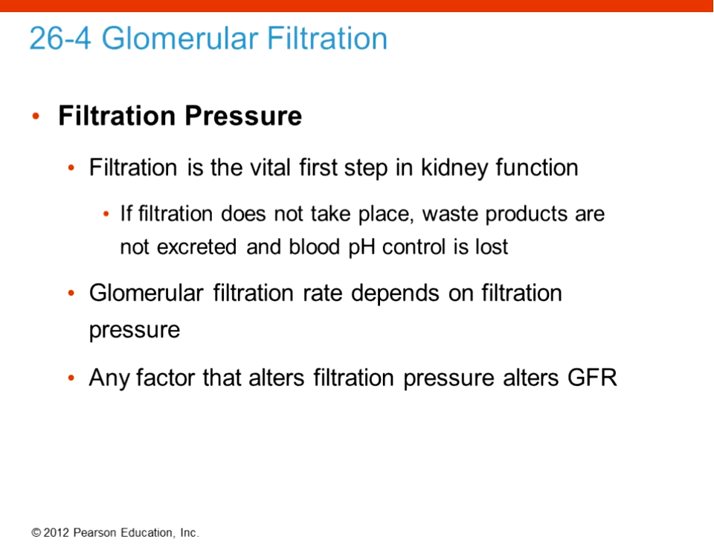So filtration pressure, as I said, is what drives this whole thing. That's the first step in kidney function. You have to have the appropriate amount of filtration pressure at the glomerulus in order to produce urine. If filtration does not take place, then waste products are not going to be excreted, and you're not going to be able to maintain your blood pH. So this whole thing is driven by pressure, and GFR, which is how much filtrate you're producing, depends on the pressure. And there are different ways to alter the pressure and therefore alter